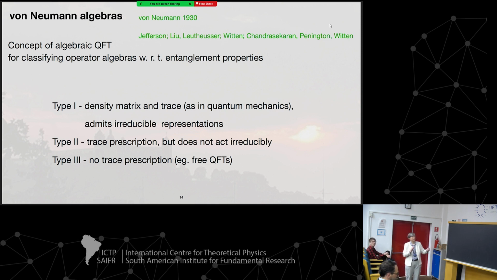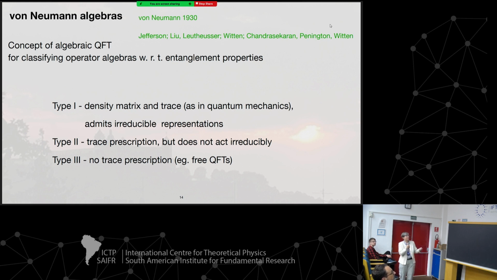And actually, this original proposal already comes from 1930. I'll show you his original paper in a minute, and you can almost say this is almost already 100 years ago. So it's very impressive that he thought about these things very early on, even before quantum field theory, and even when entanglement was not really well developed yet as a concept. In the context of AdS/CFT, this has been studied over the last, say, 2 or 3 years quite extensively. I think there's a very early paper by Jefferson, and then Leutheusser and Liu, and also Witten, and Chandrasekaran and Pennington made important contributions to this very recently.